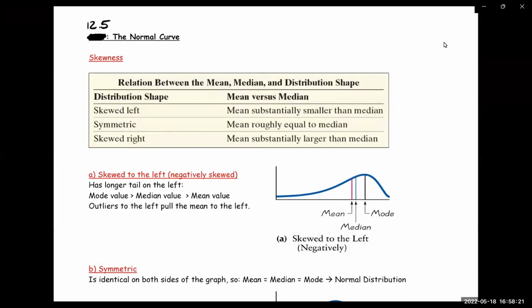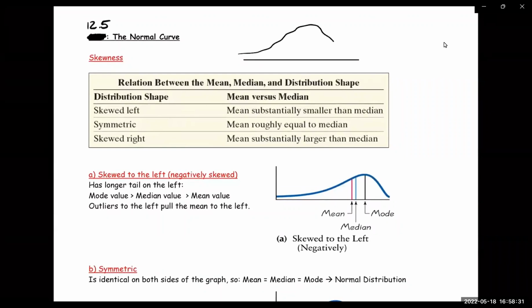Okay, so the normal curve is basically a distribution shape. It's going to be a bell-shaped curve that looks like a bell. That's why they call it the bell-shaped curve. And for the most part, it's symmetric. It doesn't always have to be perfectly symmetrical, but most of them are, or sometimes it will be. That just means that most of the population falls between here. As you can see, it's higher here. That means most people fall here. So you can think of